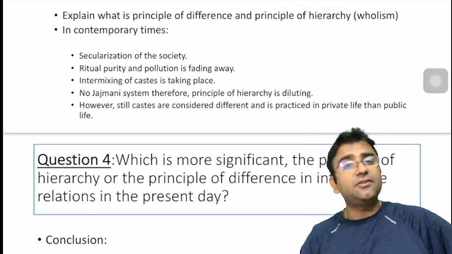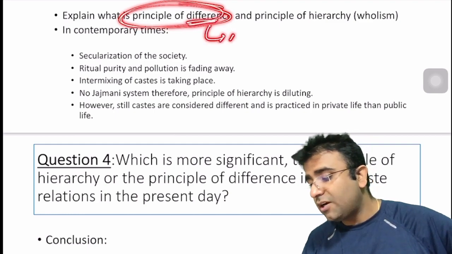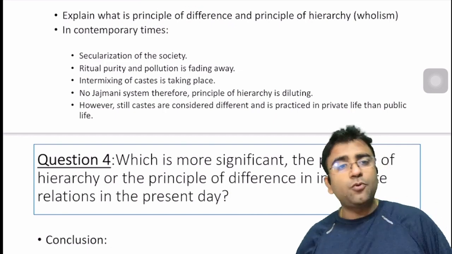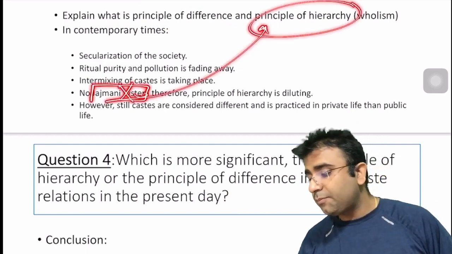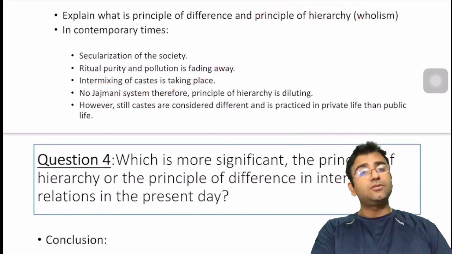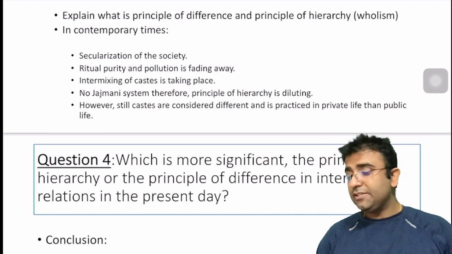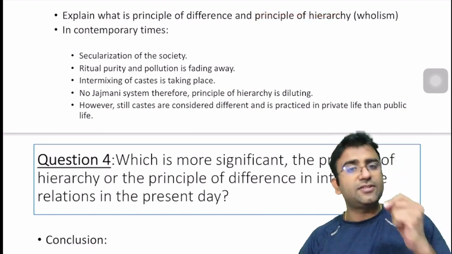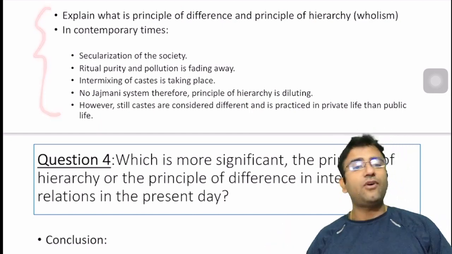Hierarchy of the caste is ridiculed today, but yes, still people do believe that caste A is not the same as caste B. Today, the Jajmani system is broken. The breaking down of the Jajmani system is the core reason that the principle of hierarchy has collapsed. Getting my point? So, in today's scenario, it is not the principle of hierarchy, rather, it is the principle of difference which is defining the caste system in the contemporary society, and this we have to justify in the main